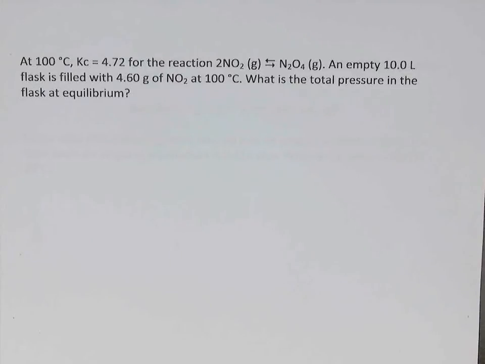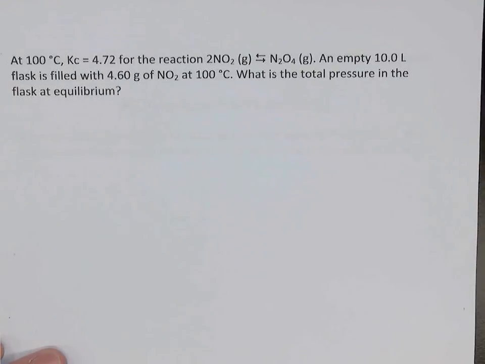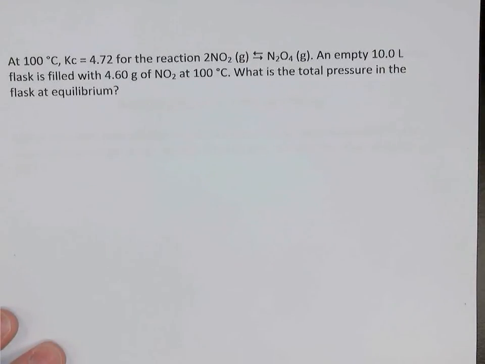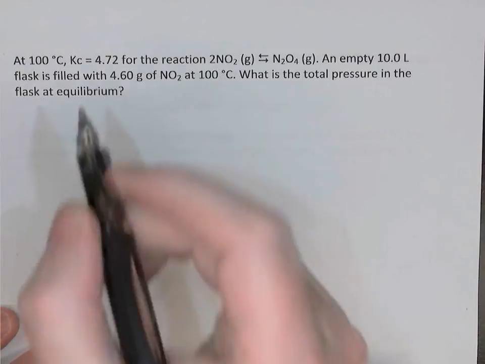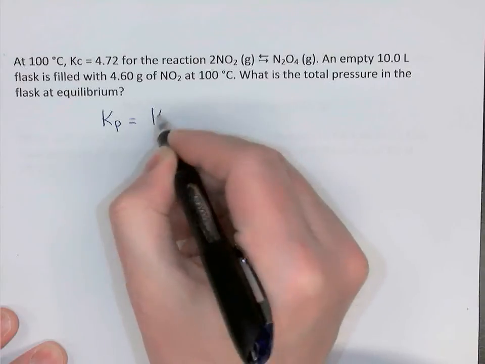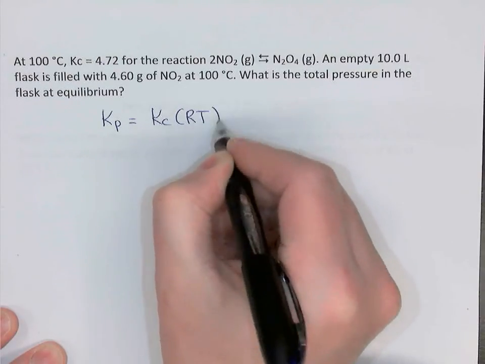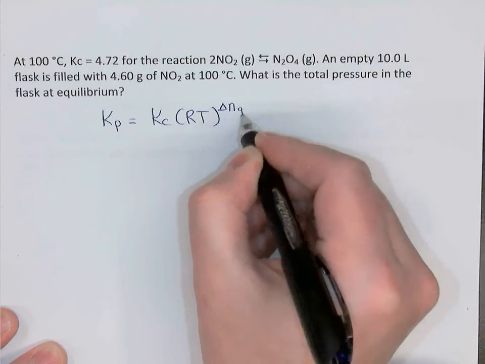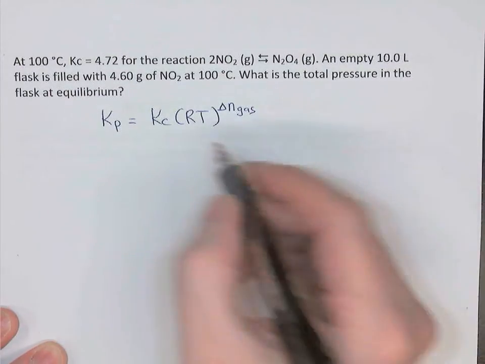Alternatively, we could take the Kc value and convert it to a Kp value. We have an equation to do that, and then we could fill in the ice table with pressures and deal only with pressures, since that's what we're looking for. I think that's the method that I'm going to use. I'm going to take my Kc value and convert it to a Kp value. So my formula said that Kp was equal to Kc times RT to the power of change in moles of gas. So in this case, the Kp will equal